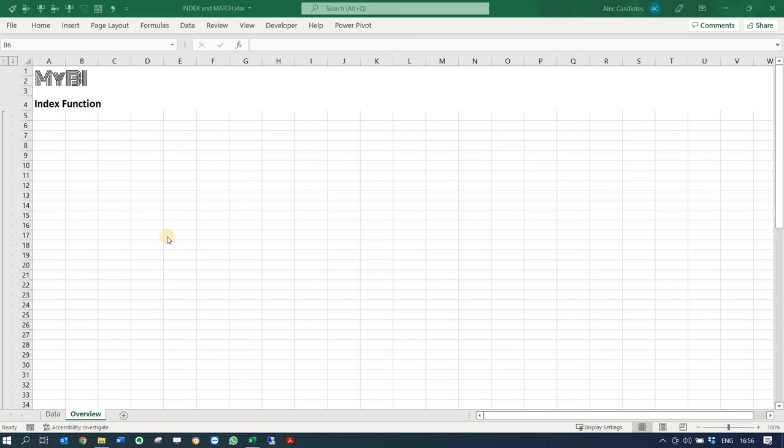Hi there guys, it's Alec here, and we found a lot of benefits in the INDEX function. It really does help a lot, especially if you combine INDEX with a MATCH function. So I thought I'll just quickly share some of the ways that you can use this function in your formulas